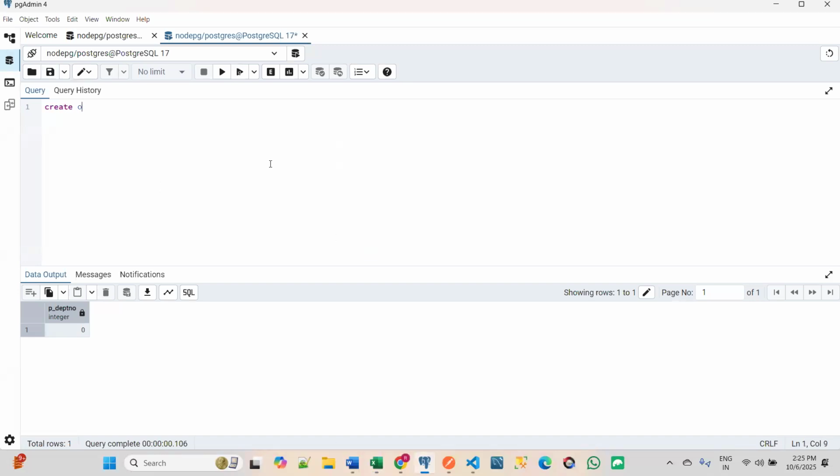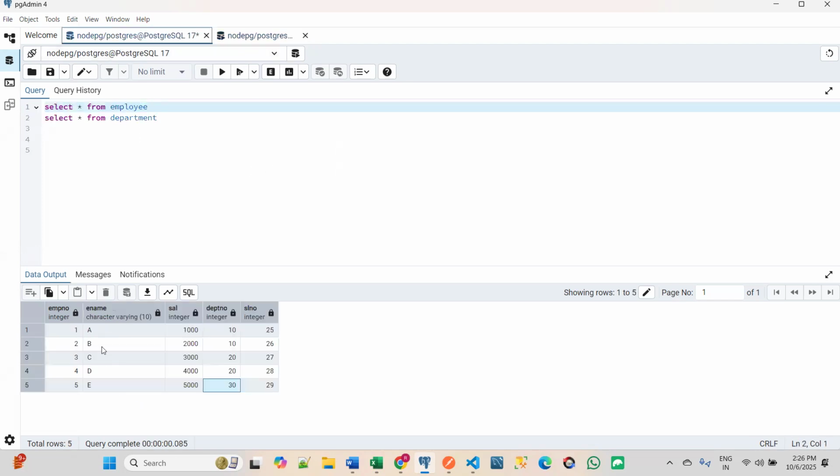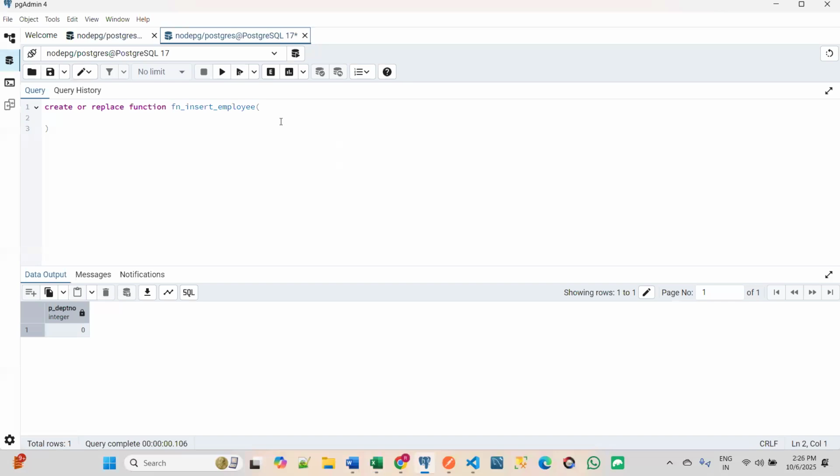So create or replace function fn_insert_employee. For the employee table, we have 4 columns: EMP number, e-name, salary, department number. Okay. So, EMP number,